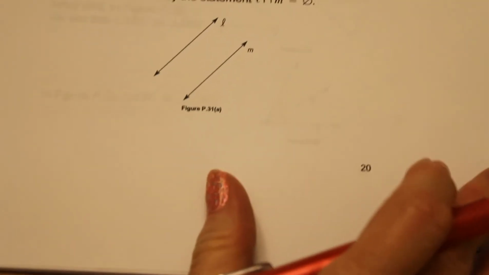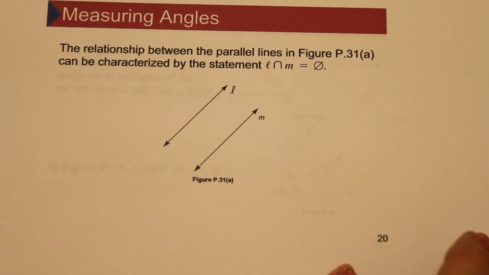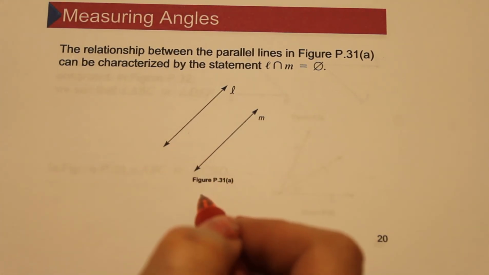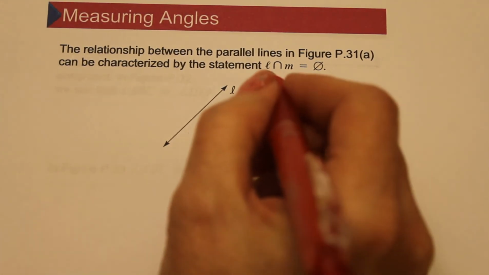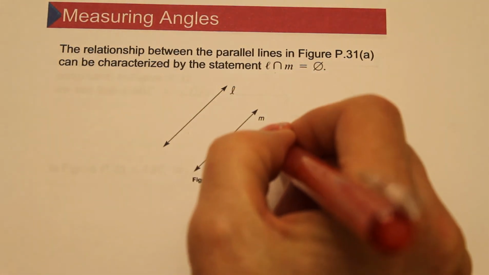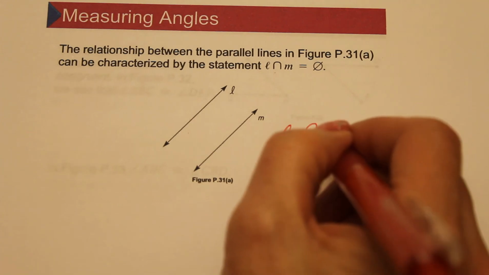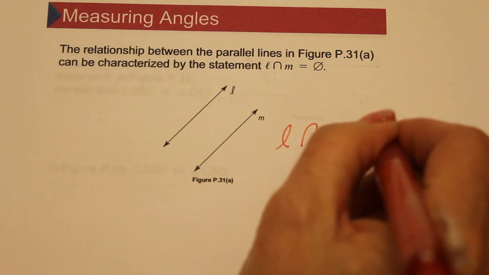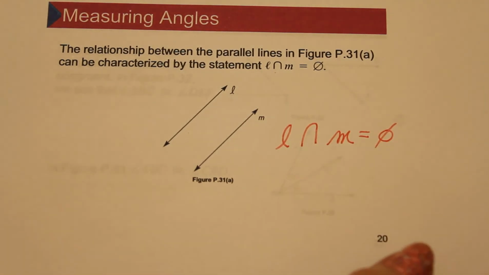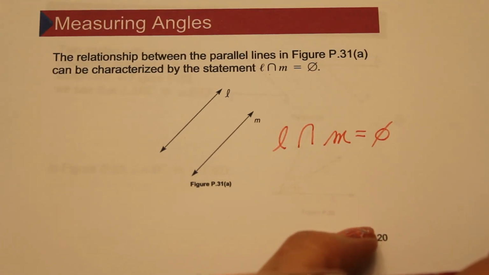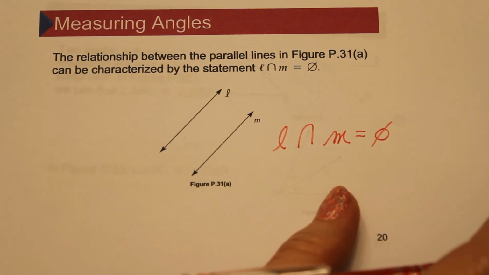And another way to denote parallel would say, here are my two lines, L and M. They will never intersect. That's our intersect notation. So line L, the intersection of L and M is the empty set. They'll never intersect. The intersection is the empty set. So if you're told lines are